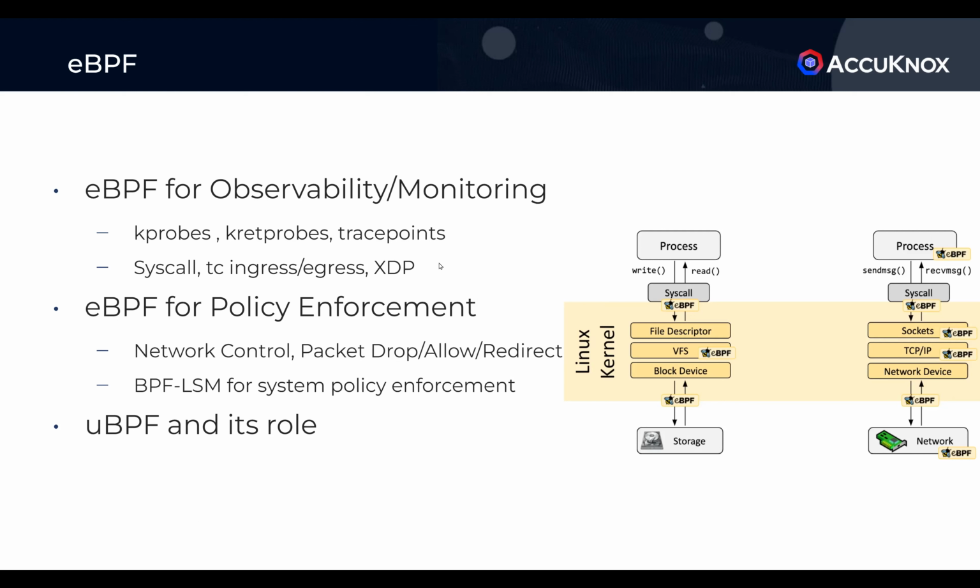Now, when we started, that was in 2020, the primary LSMs that were available were AppArmor and SELinux, and they were not available consistently across all the cloud platforms. GKE, which had container optimized OS, supported AppArmor. EKS supported SELinux only. BPF LSM was just upstreamed in kernel version 5.8. So when we started, BPF LSM support was available on less than 5% of systems.